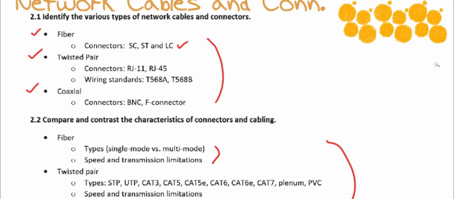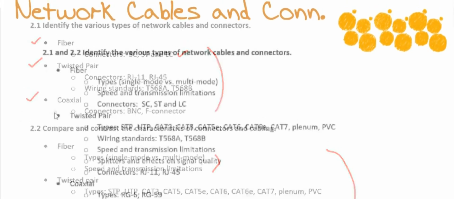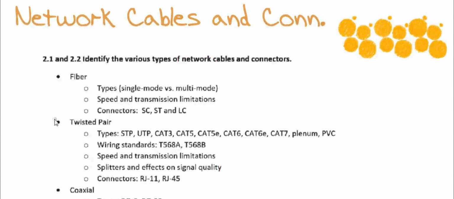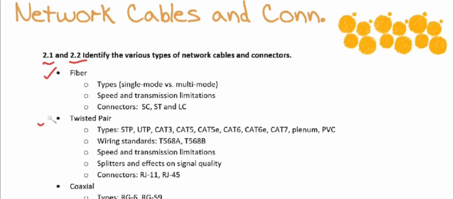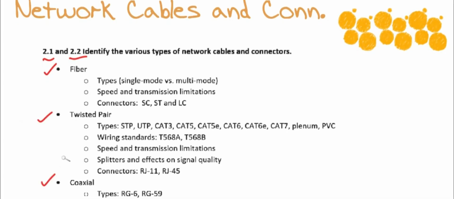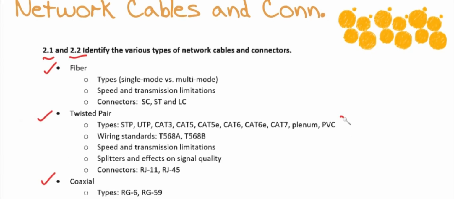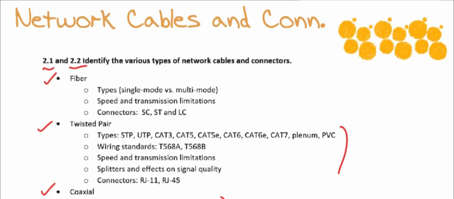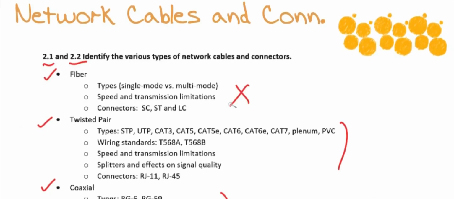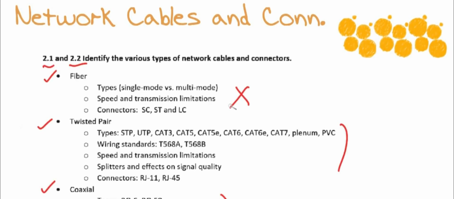In fact, let me show you my combined approach that we'll use in this nugget. Ah, yes, that looks a lot better. So notice it's 2-1 and 2-2, and I'll go in the order that they suggested of fiber, twisted pair, coaxial, although that order is kind of funny because twisted pair and coaxial, they're so common you probably are using those for networking right now in your home. You might not be using fiber. So this order is not like in popularity or commonality that you might run into, but we'll go ahead and do it that way. Fiber, twisted pair, and coaxial,